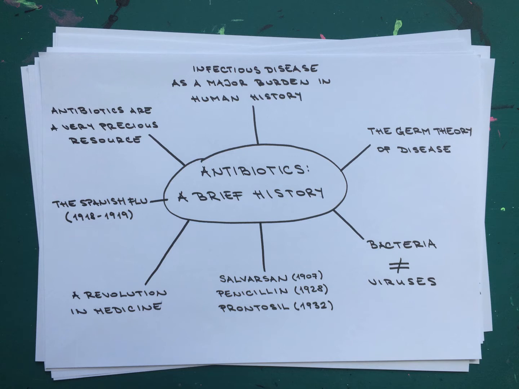And people had all kinds of ideas what might be causing this: bad air or miasma or the wrath of God. And I don't know if any of you ever got sick and tried to pray it away, but it's not very effective. However, in the late 19th century, with the advances in science and in the scientific method, people started formulating what's called the germ theory of disease. And this was pioneered by people like Louis Pasteur and Robert Koch.